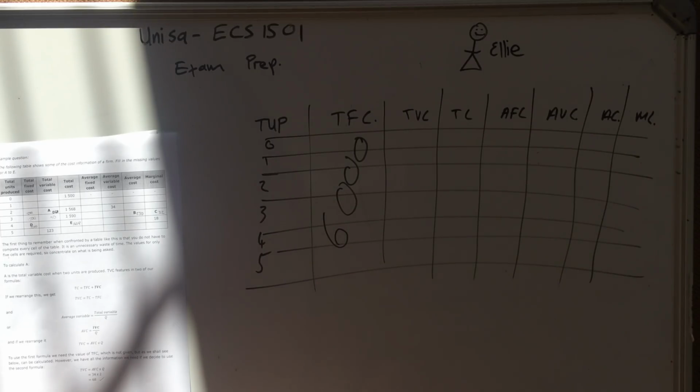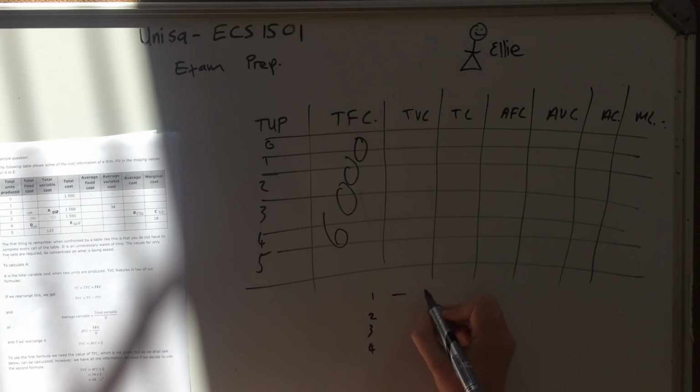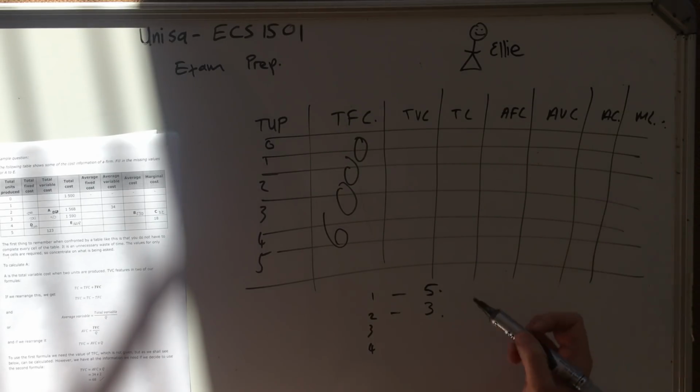A variable cost changes, so with every extra unit, the variable cost, the marginal cost changes. So here's your marginal cost. Marginal cost is one extra unit. So let's say the cost of a minute of airtime. Okay, so your marginal cost for a minute, 2 minutes, 3 minutes, 4 minutes. So your marginal cost was, let's say it was 5 Rand for the first minute. Then your next minute that you bought, they gave you for cheaper for whatever reason. Okay, so that one was, for example, 3. Okay, 5 and 3. Now if you plus those together, you'd get an 8. Okay, so to put this into the graph,